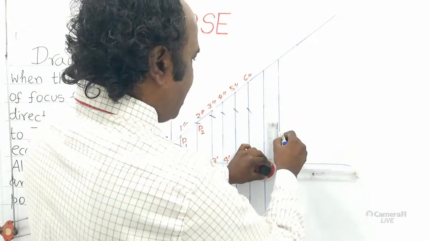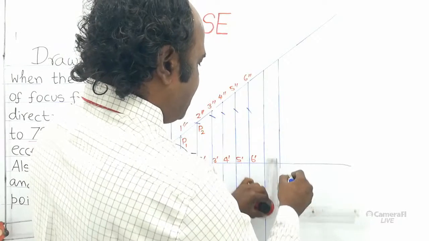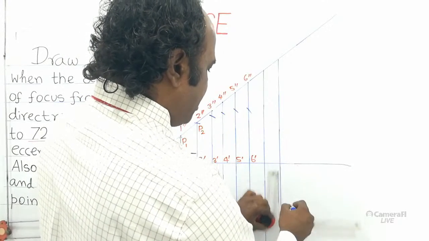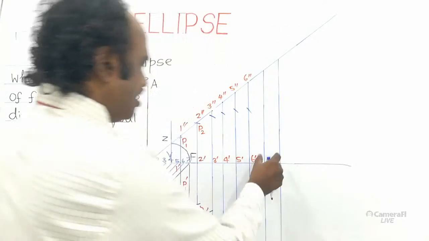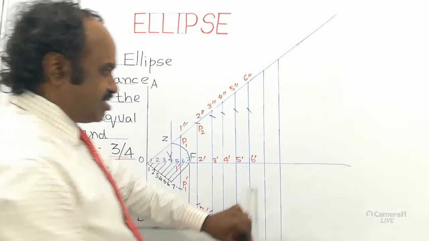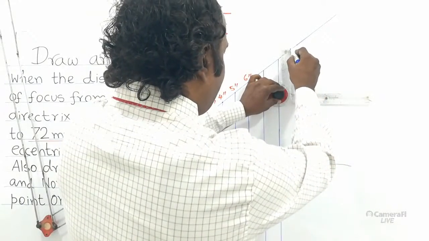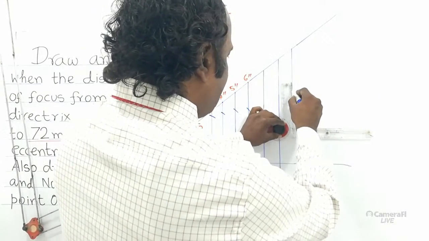You can take equal gap or unequal gap between the vertical lines, or 2 cm or 1 cm. For 1 cm gaps you have to draw more number of lines. Or for 2 cm gap, that is 20 mm approximately,